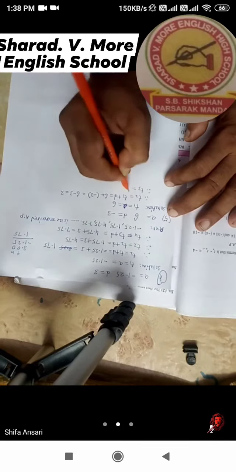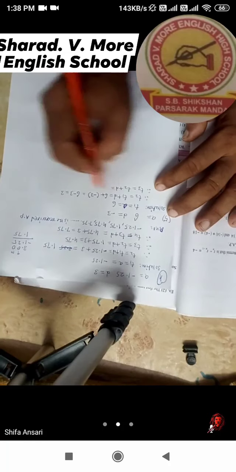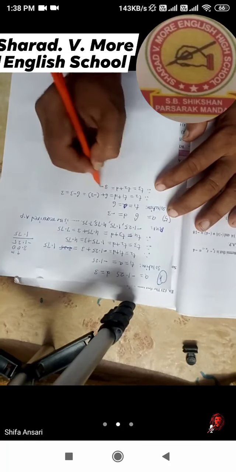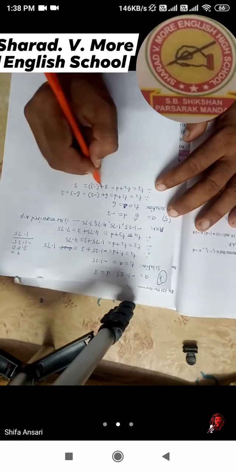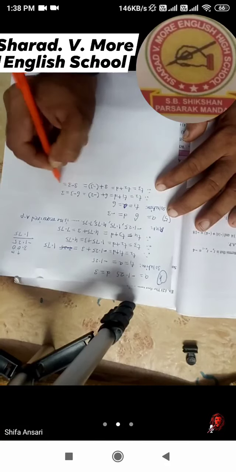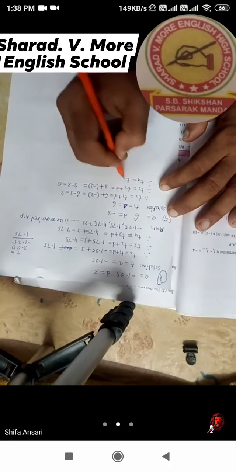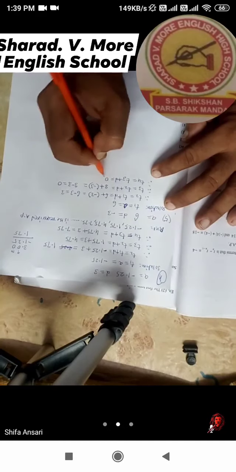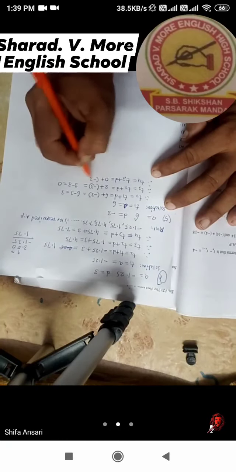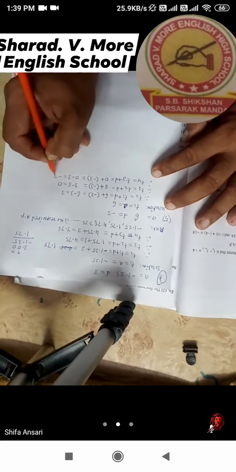Therefore T3 is equals to T2 plus D. T2 is equals to 3 plus D. D is equals to -3. So this is equals to 3, open the bracket, plus minus minus, minus 3 is equals to 0. Now T4. T4 is equals to T3 plus D. Now T3 is 0. 0 plus -3, this is equals to plus minus minus. So 0 minus 3 is equals to -3.